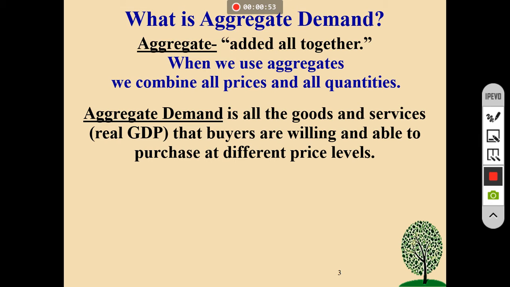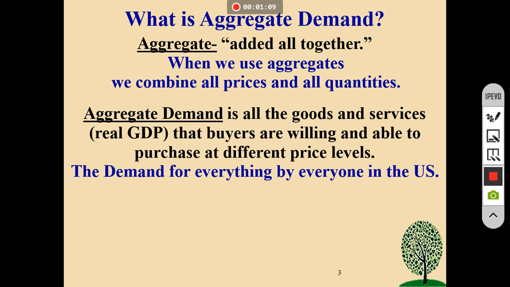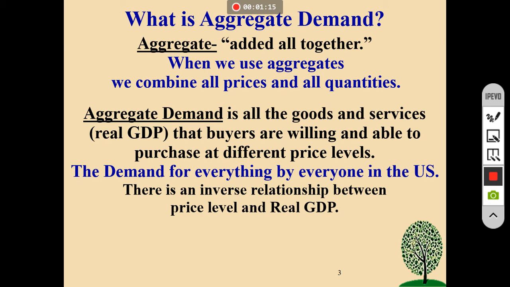levels. So when we talk aggregate demand, we're not just talking about the demand for a water bottle. We're talking about all the demand for everything produced within the United States. It's like the mother of all demands, right? So demand for everything by everyone in the US, that's aggregate demand. There's an inverse relationship between price level and real GDP in this, and I'll show you that on the graph